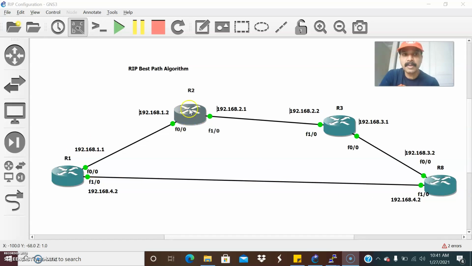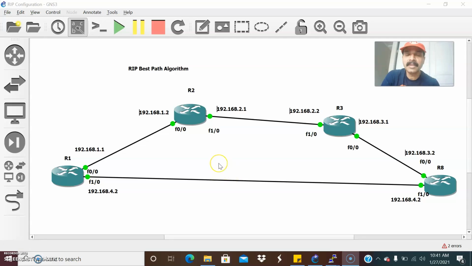So now let us go one by one. RIP always sends a routing update every 30 seconds. RIP is used in smaller networks and it has an AD of 120. RIP uses hop count for finding the best path to the remote network. In this architecture, R1 is 3 hops away from R8, and compared to the other path, this is the shortest path from R1 to R8. So it always prefers the shortest path.